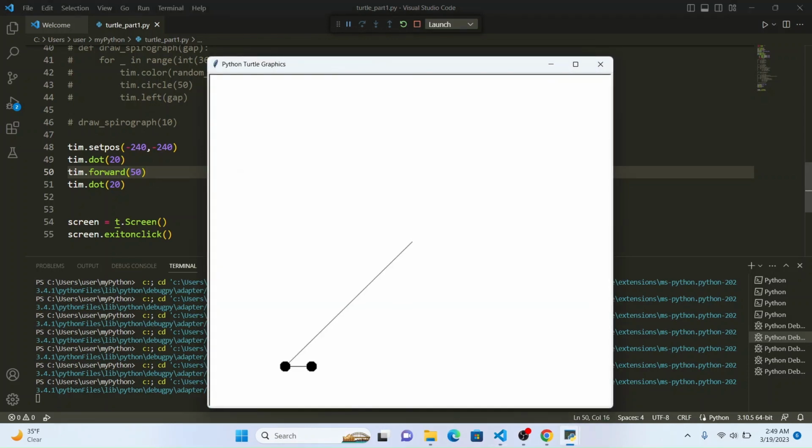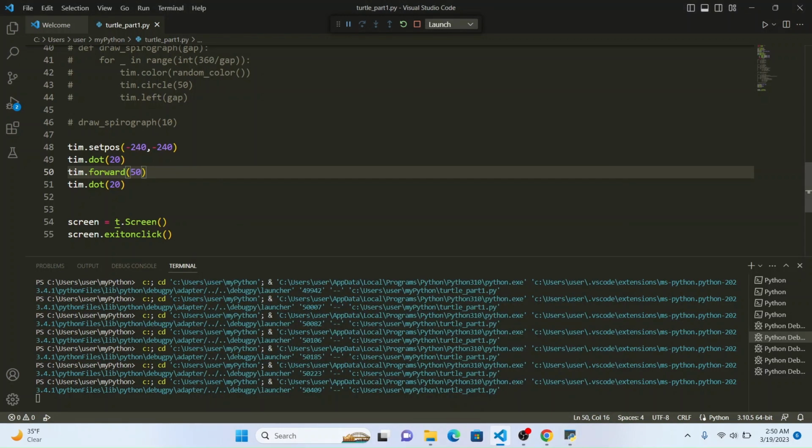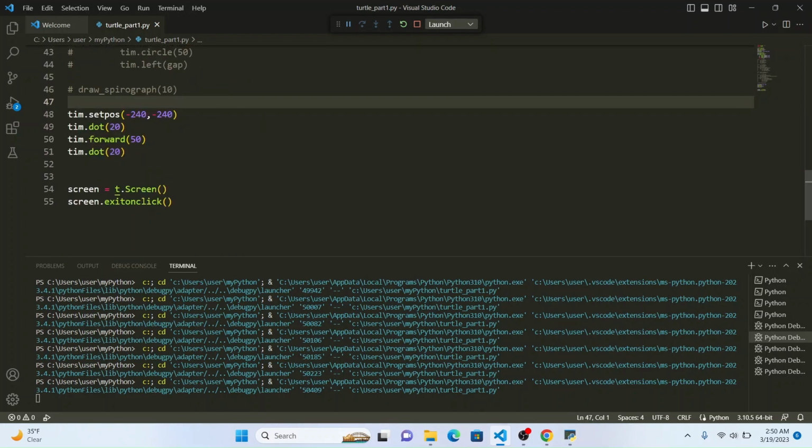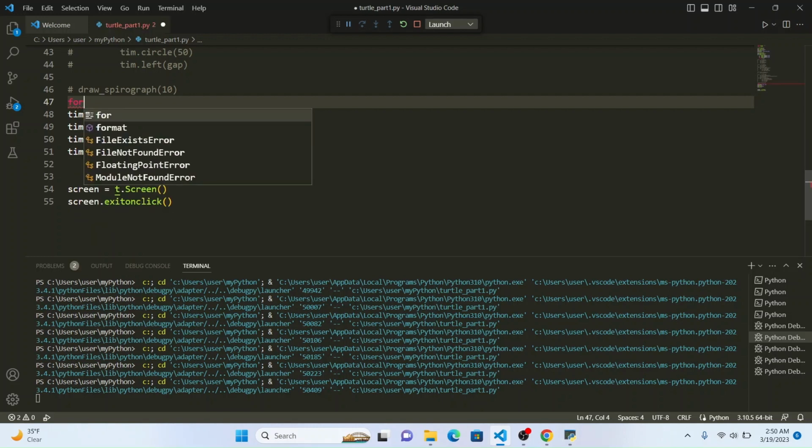Okay, so now we'll take the pen up so that we don't see these lines, and we will change the color, and we will come up with a simple painting. So for that, I'm going to draw a row of 10 dots with different colors, and we are going to draw around 10 rows like that, so that it would look like a beautiful painting. So for that, I'm going to arrive at a row function, draw row,